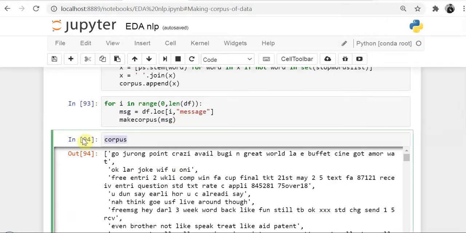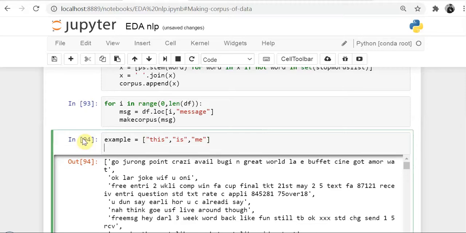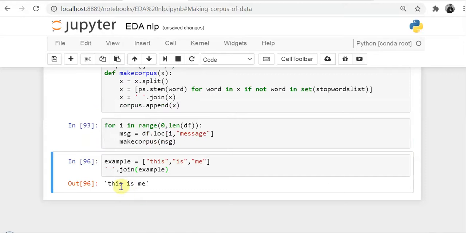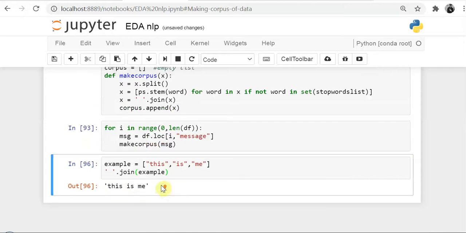If I have a list of example words, this list contains 3 words: this, is, me. Suppose now I have to change this list into a sentence. I will join it with a space. If I execute this, you can see it is returned in sentence form. The same thing I performed here.